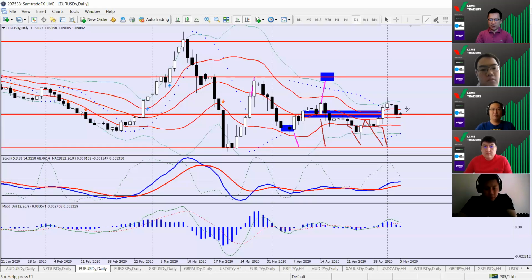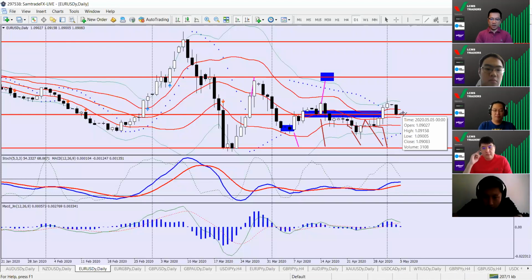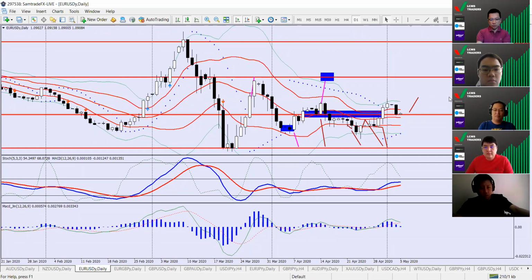I still do think that we could see it sit there for the next couple of days before a move upwards. Why do I think of that move upwards? On Friday, we could see the non-farm payrolls coming in, employment numbers from the US, impacting the strength of the US dollar, and hence the Euro US. So I do think that we could see it sitting at this level for the next couple of days before a possible short-term move upwards.